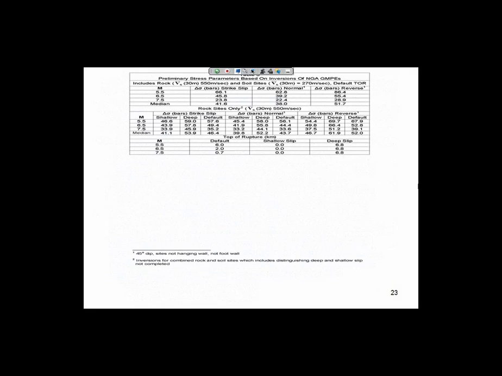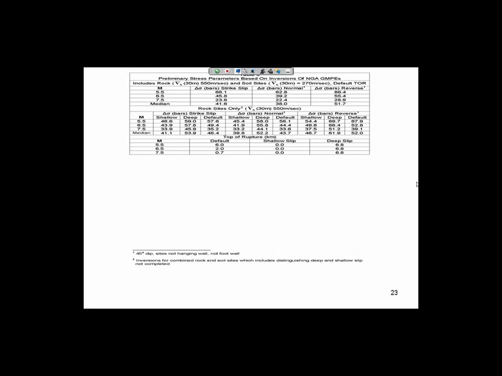So there's some in here. So the equivalent point source distance, we basically just use JB distance. But for the point source, we also put it at a depth. So for a magnitude 5.5, we'll have it 6 kilometers deep. And then we run it at distances of 1, 2, 5, 10, 20, up to 200.